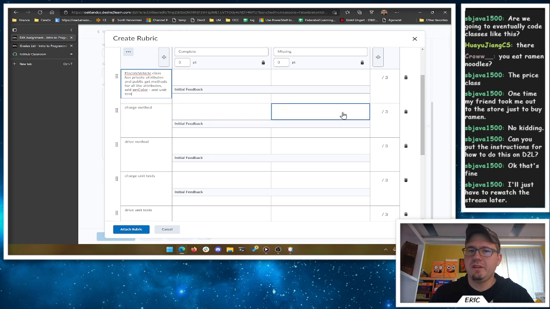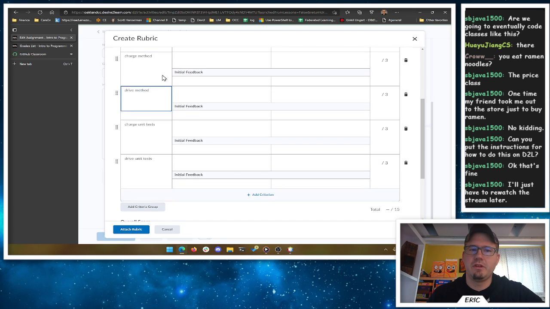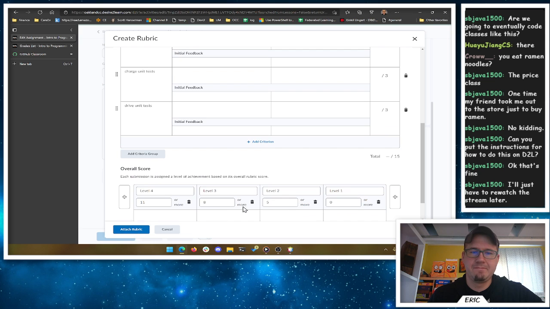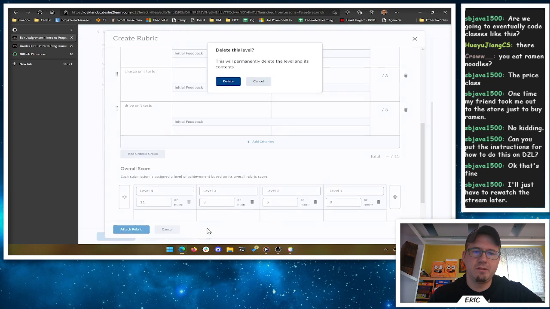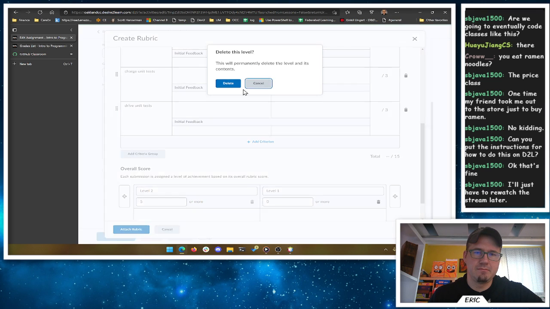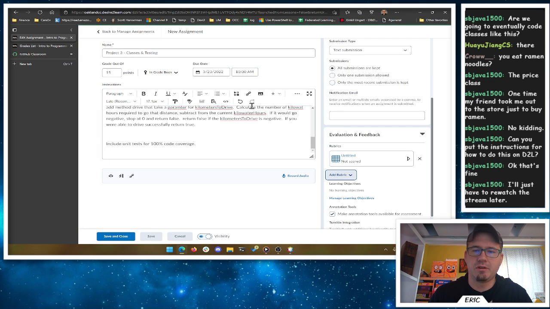So I didn't explicitly call out that you needed a constructor, but if you don't have set methods, you have to have a constructor. That's just implied that if there's no set method, it has to be passed to the constructor. Okay. So then charge and drive do the right things, and then you test charge and drive. And this overall score thing is nonsense as well. Overall score. Sure. Okay, so that's the 15 points for this one here.